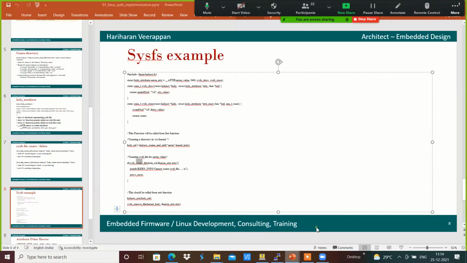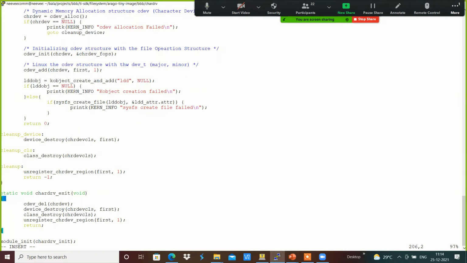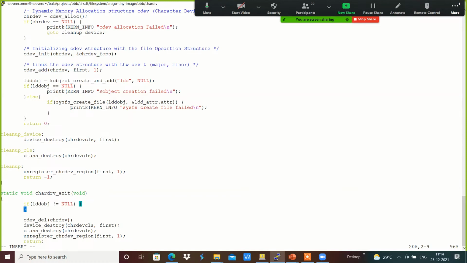In order for that, we will be having a kobject put, and we will be removing the file accordingly over here. For example, if ldd_obj not equal to null, then we will be removing those files accordingly over here.